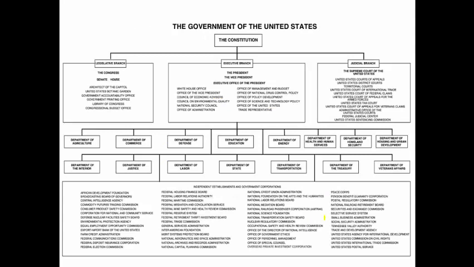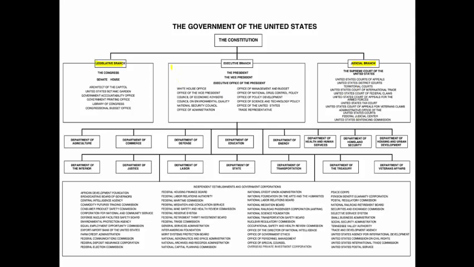Now here's a look at the federal government. And this gives you an idea of the scope and the breadth of our bureaucracy, which is synonymous with our executive branch. As you can see over here in this box, we've got the legislative branch, which is Congress and its various departments right here. And then over here we've got the judicial branch, which is primarily the Supreme Court and the lower courts. So you can see the various departments right here.